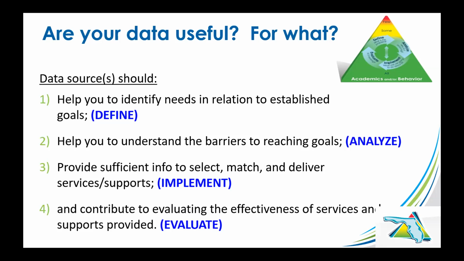And you can see in the top right-hand corner, we've got the whole multi-tiered framework there, where the green is your core instruction overall for what you're doing, either for academics and or for behavior. But you know that not all kids respond equally. And the goal is we set up clear processes and procedures. Then it's easier to be able to use our data to determine which kids need, or some kids need a little bit more support. And then what are those few kids that need the most intensive support at this school setting?